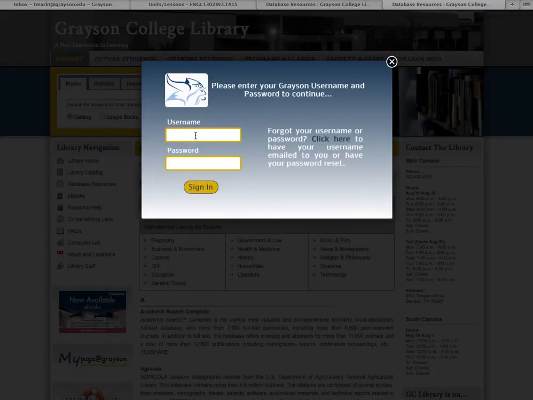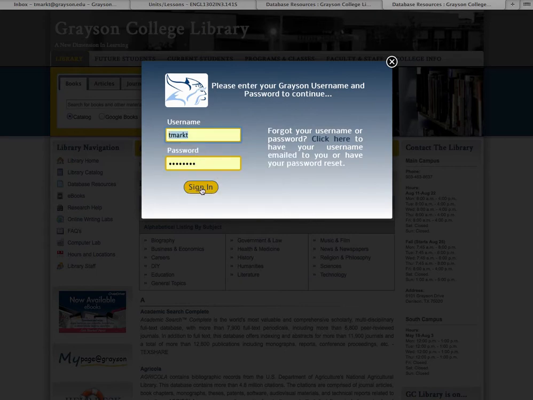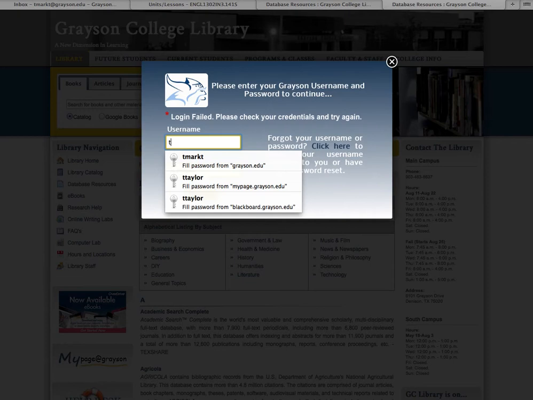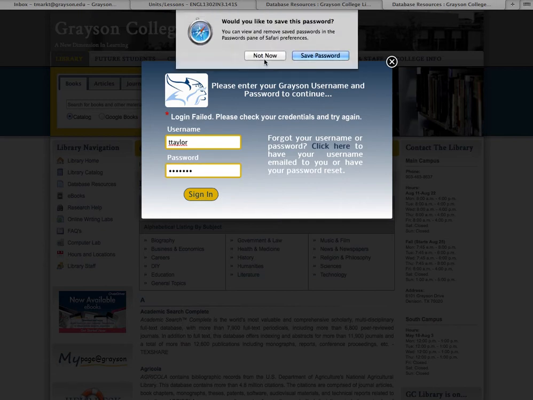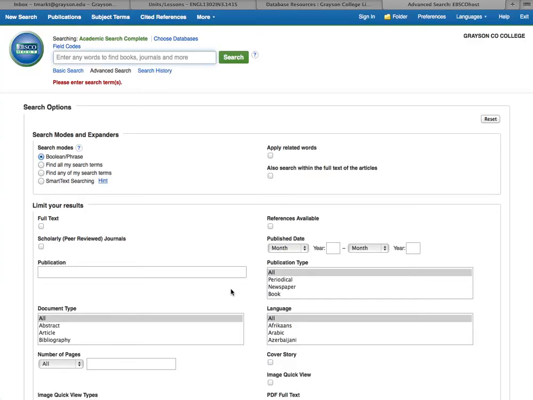it'll probably prompt you to log in. If you're on campus, it probably won't do that. See if that password worked. Nope, that didn't work. If you've logged on through your portal, it may not ask you either, but it's your portal login ID and password. Let's see if I can remember mine. Yeah, there we go. This takes us to EBSCOhost, and it's a database that has a lot of databases in